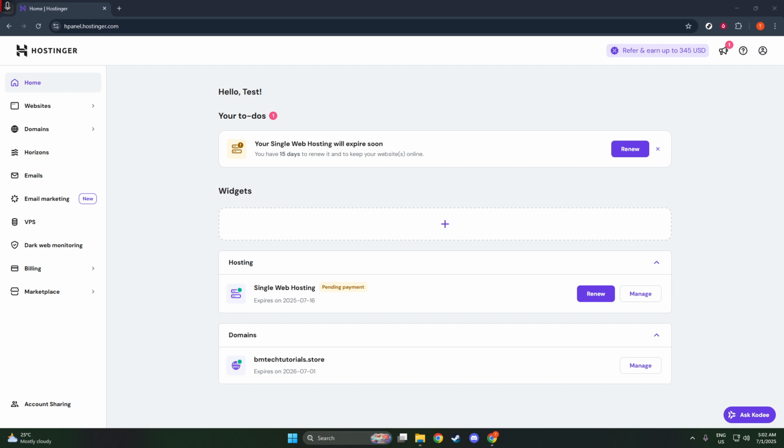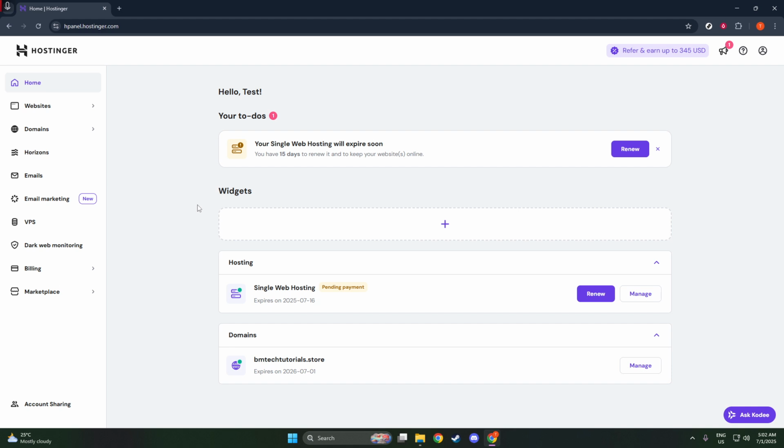First, let's discuss generating an SSH key. If you don't have one already, you'll need to create an SSH key pair. This consists of a private key, which you keep secure on your device, and a public key, which you'll be sharing. The tool for generating keys varies depending on your operating system, but regardless, the result will be two files, a private key file and a corresponding public key file, which usually ends with the extension .pub. For our purpose today, we will only need the public .pub file, as that's what you'll upload to Hostinger.